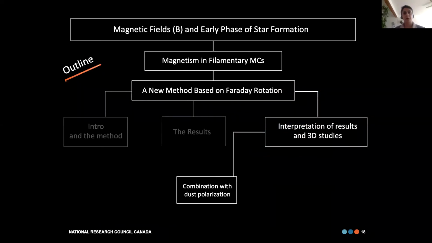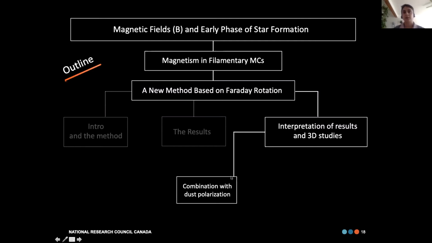Okay, so far we've talked about the method and the results. What I'd like you to remember so far is that we proposed a new method, and we found reversal across filamentary structures. If there are no questions, I'll get to the interpretation of the results,